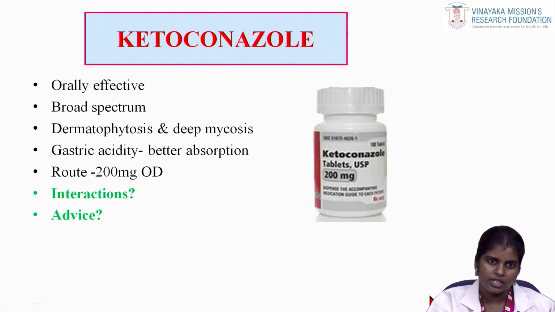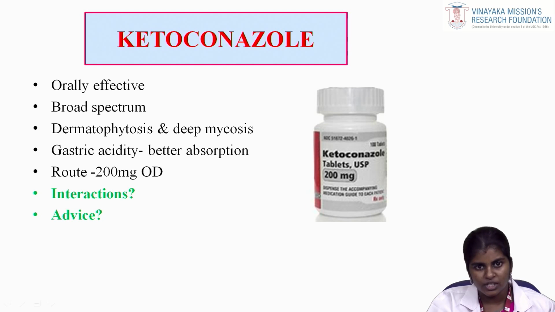So drugs such as phenytoin and rifampin induce the metabolism of ketoconazole, so it is eliminated faster, which reduces the efficacy of ketoconazole. And ketoconazole itself is an enzyme inhibitor. Keep in mind, ketoconazole is an enzyme inhibitor. It inhibits several cytochrome P450 enzymes and raises the blood levels of drugs such as statins, rosuvastatin, atorvastatin,